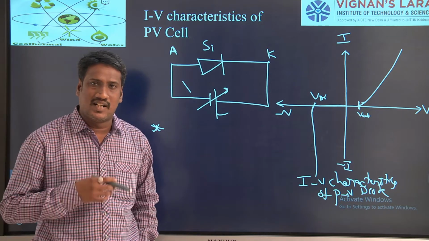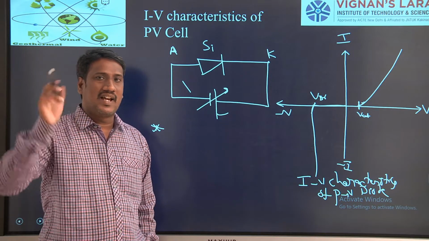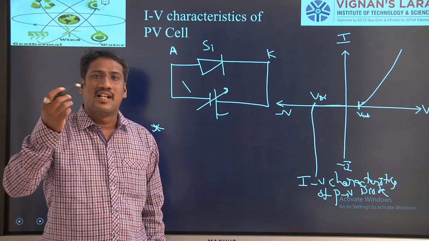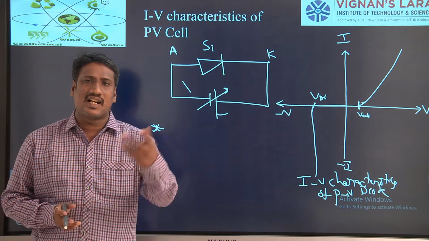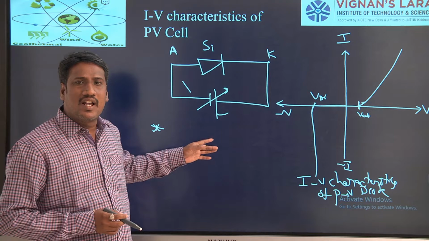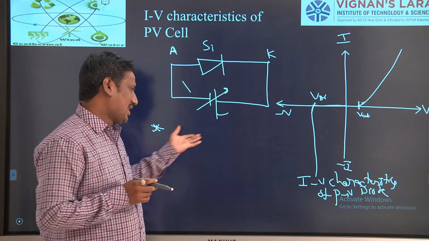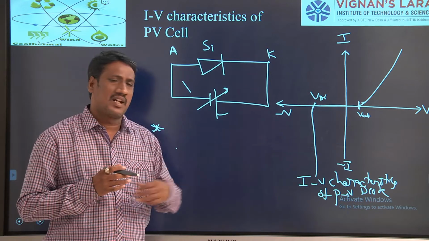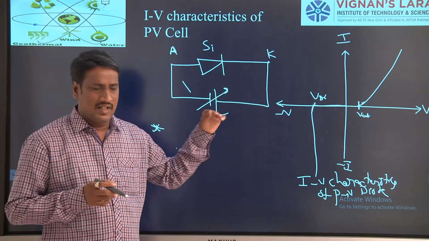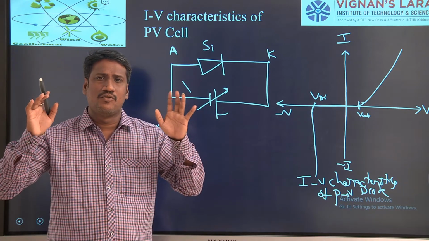Okay, already you know that a diode is a power consuming device, whereas a PV cell is a power delivering device, because it is generating DC electrical energy. Whereas a diode is not generating, it is transferring, and it can be placed for conversion purposes. Like that, for conversion purposes the diode can be useful. It is a power consuming device.